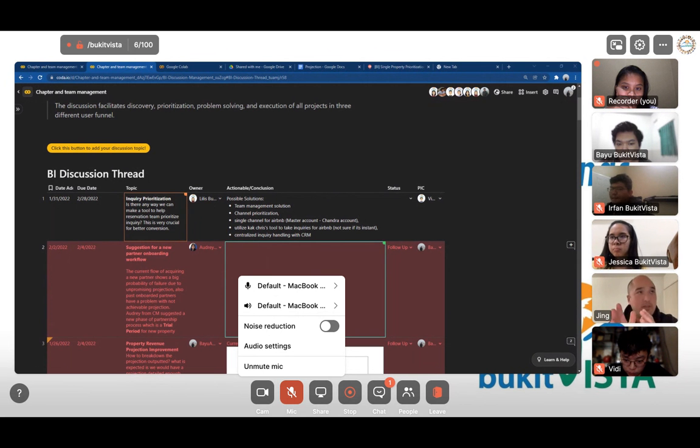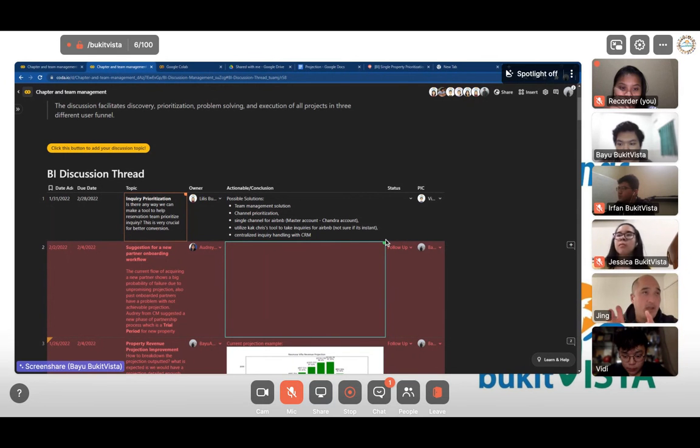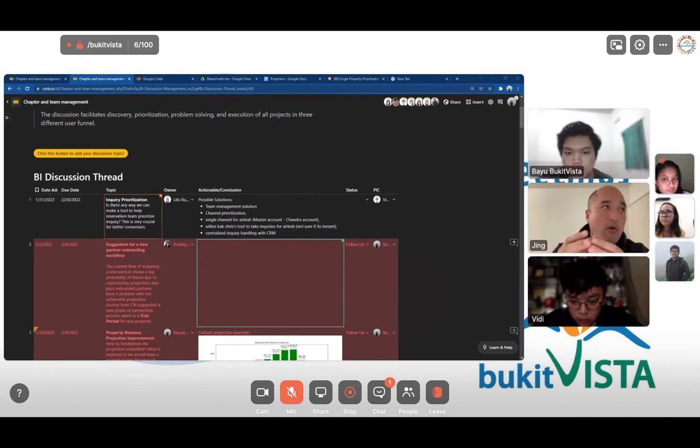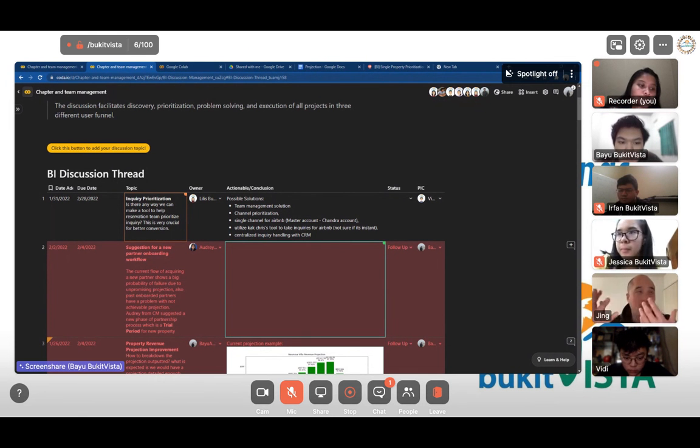The first option is we just use Chandra's account. That's already been built, and we don't have to reinvent the tool. Yep, we just have to put the workflow into that. The second option is that we optimize something for everything, right? And that's expensive in time and resources. The third one is we optimize something for Airbnb, which is probably going to be a growing platform given the new scenario that we're in with Bali opening, right?